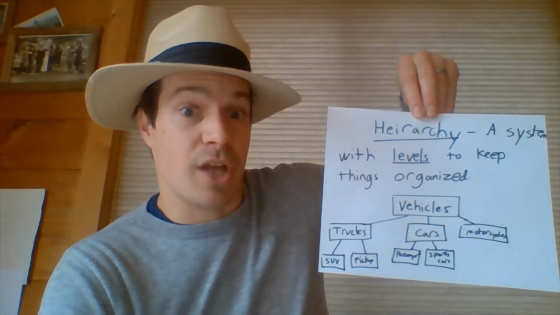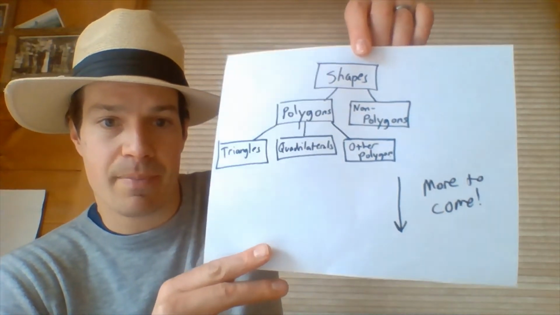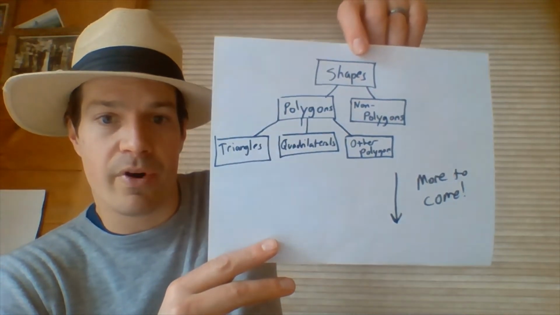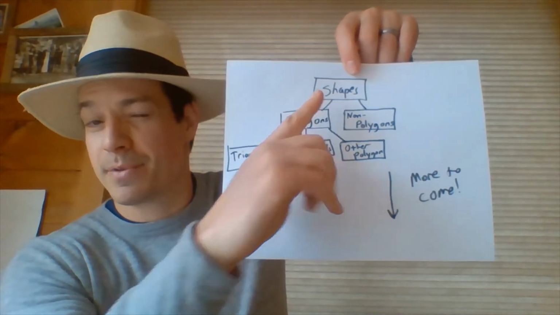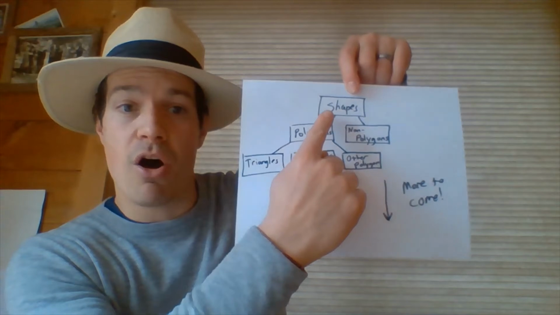So we're going to go into this with shapes now. Now that we know what a hierarchy is, we can move into a hierarchy of shapes. And remember, this is just levels of shapes that help us keep them organized based upon what's true about them. So here is our hierarchy so far. This is what we're going to learn about today. We haven't talked about what shapes are. I think that's more of a second, third grade lesson. So we're moving on to all shapes.